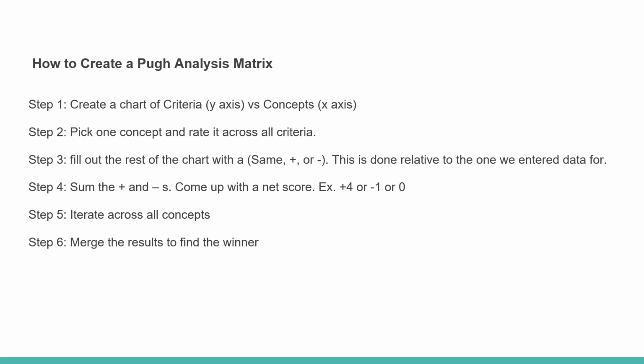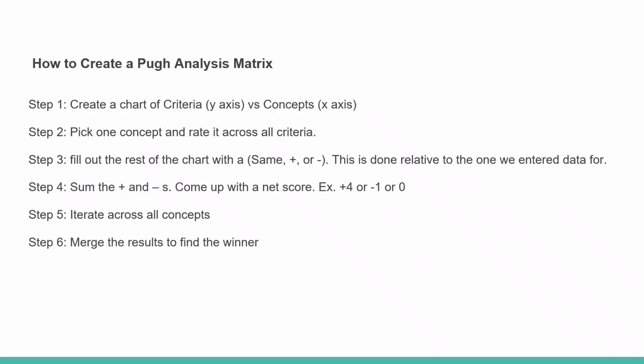How to create a Pugh analysis matrix? Step 1, step 2, step 3, step 4, step 5, step 6. In step 1, create a chart with criteria on the y-axis versus concepts on the x-axis. Step 2, pick one concept as the baseline and rate it across all criteria. Step 3, fill out the rest of the chart with plus, minus or same, done relative to the baseline. In the next step,